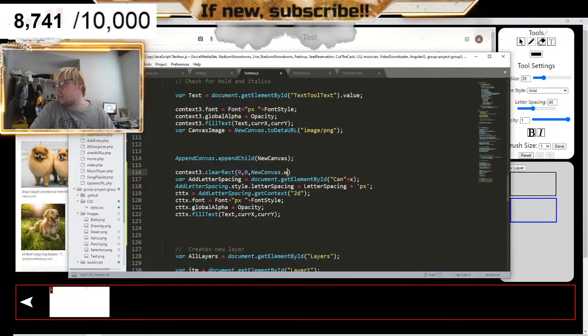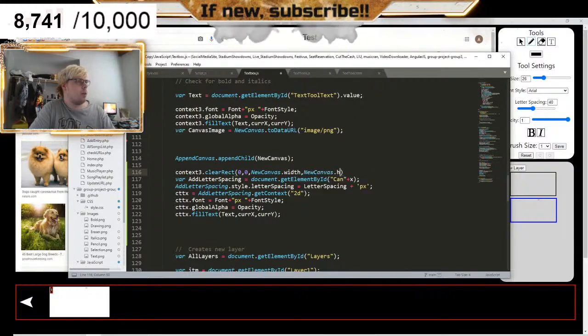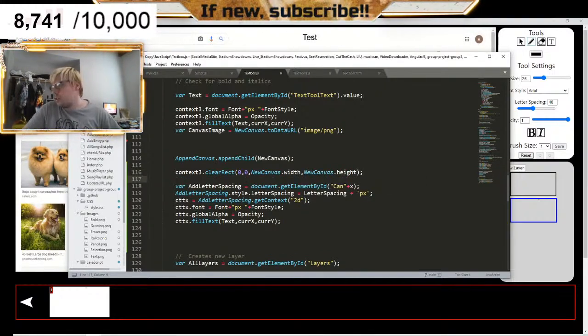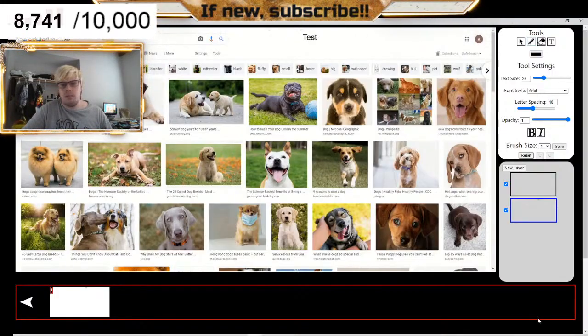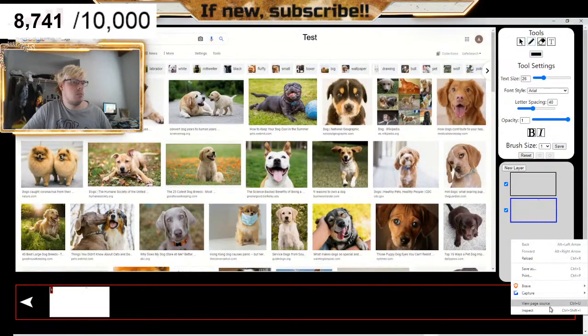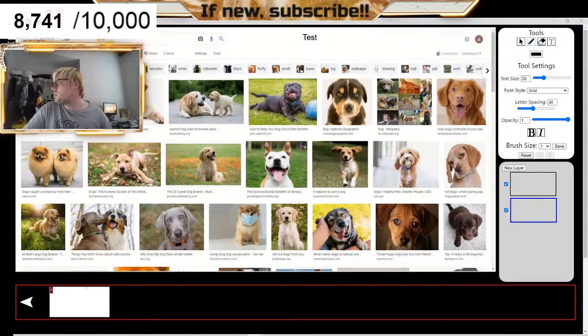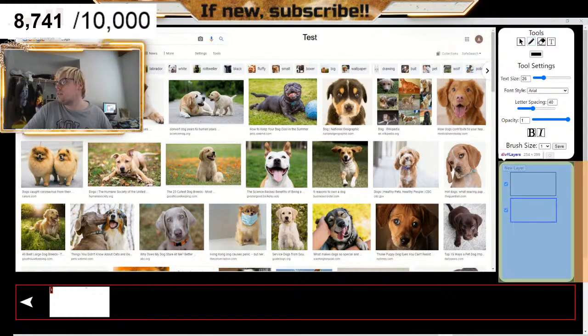New canvas dot width and new canvas dot height, and then we're going to do canvas style. Wait, if it creates a canvas, do we add, hold on. Because if we're just trying to add a letter,